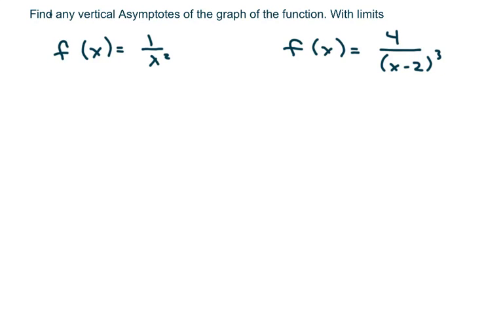Hi everyone, we're going to find vertical asymptotes of the graph of the function, and we're going to do it with limits. Basically, it's really what makes the denominator 0. So what we're going to do is see what happens when we take the limit as x approaches 0. So it makes the denominator 0 from the right,